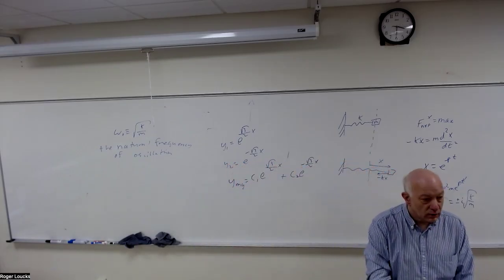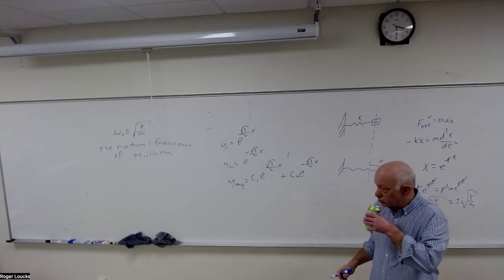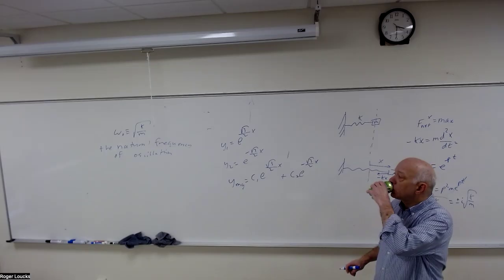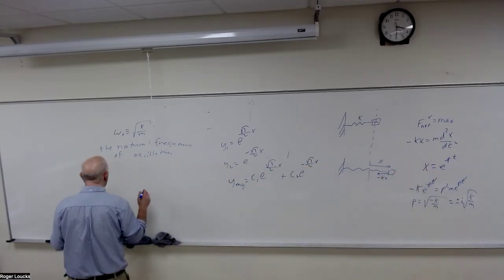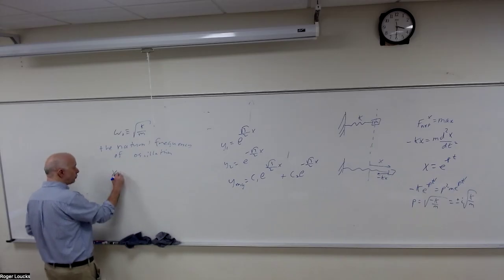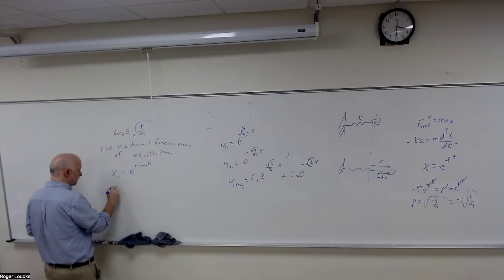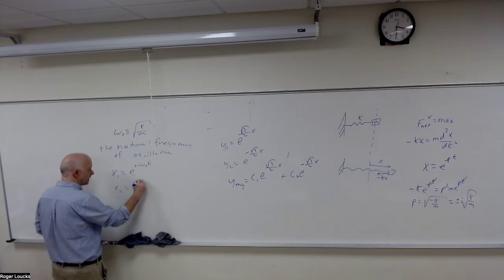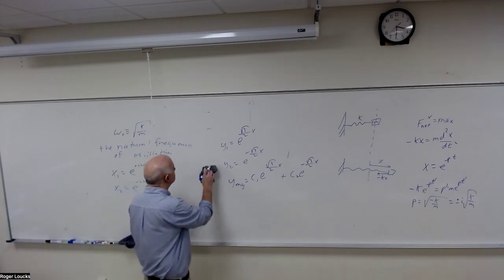Questions? So that means we have two solutions here. We have x1 equals e to the plus i omega naught t, and x2 equals e to the minus i omega naught t. So the most general solution is,